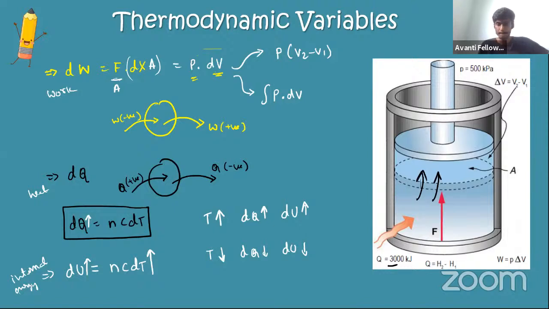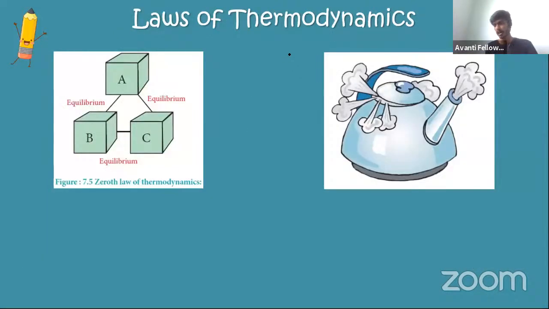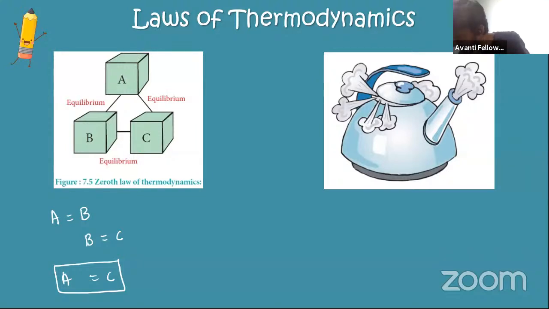Cool. So moving on to laws of thermodynamics. Now I'll just explain the zeroth law and first law. What is the zeroth law? If block A is in thermal equilibrium with B, and block B is in thermal equilibrium with C, then A will be in equilibrium with C. This is a very, very simple law. If A has the same temperature as B, and B has the same temperature as C, then A and C have the same temperature. That is something we have understood, right? Don't worry about that. Not much of a problem will come, but that's a basic principle you should understand. We already saw this yesterday in thermal equilibrium.